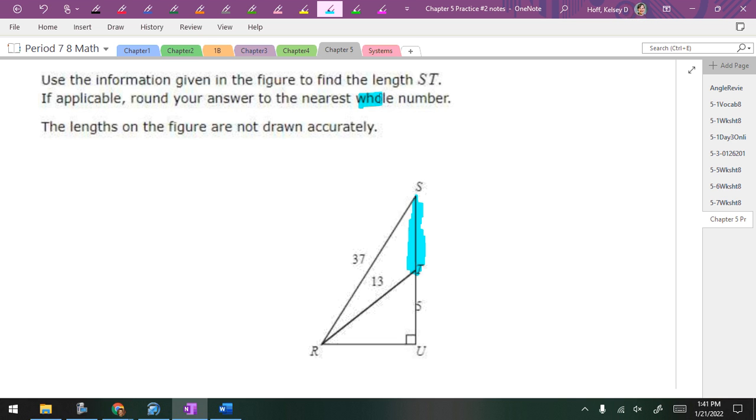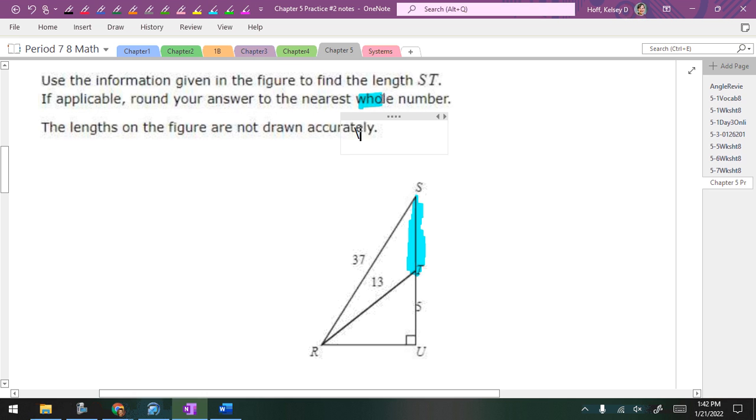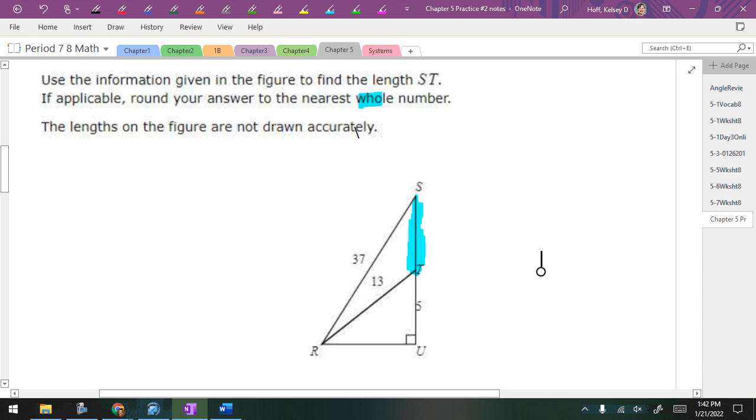The reason they make that statement is, don't think that because that's smaller than the 13 side that it's got to be less than 13. They're not drawn to scale. Okay? So don't forget about this whole number. All right. Everything this week has dealt with the Pythagorean theorem, which really comes back to